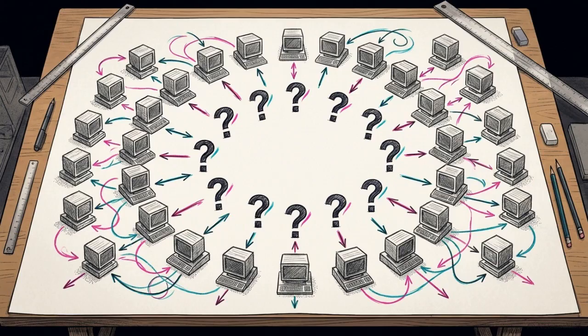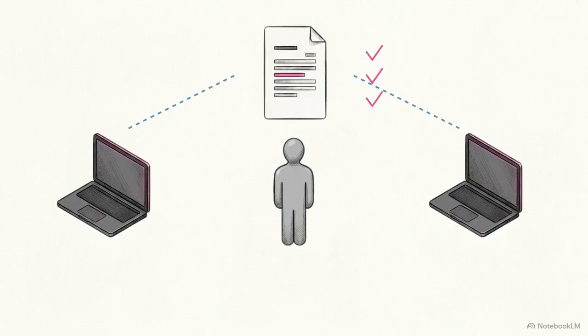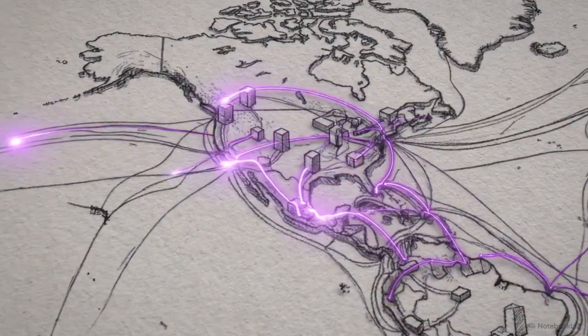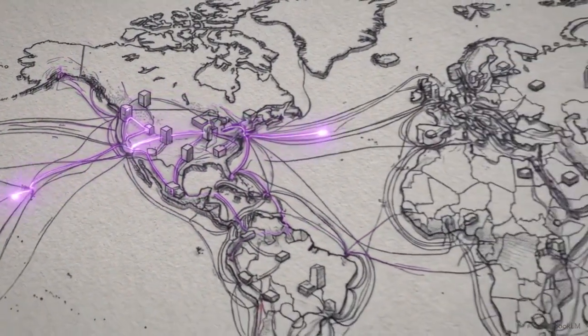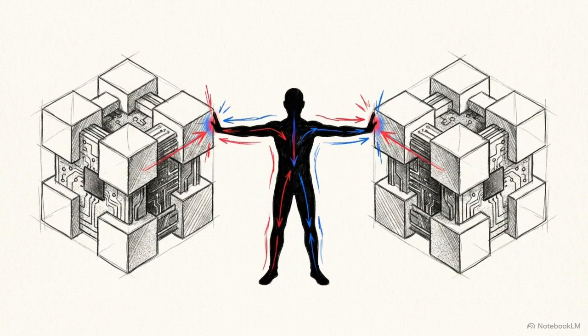So, if we look at this from a system architecture level, how do we get isolated, memoryless computers to work together? We use a protocol. For anyone new to computer science, a protocol is just an agreed-upon set of rules for formatting and passing data. Think of it like a perfectly structured relay race, where the baton smoothly bypasses the human standing in the middle. Our entire global internet runs on protocols, yet in our most advanced AI workflows, we haven't established one. The AI sessions can't talk to each other, so the human is left to fill the gap.